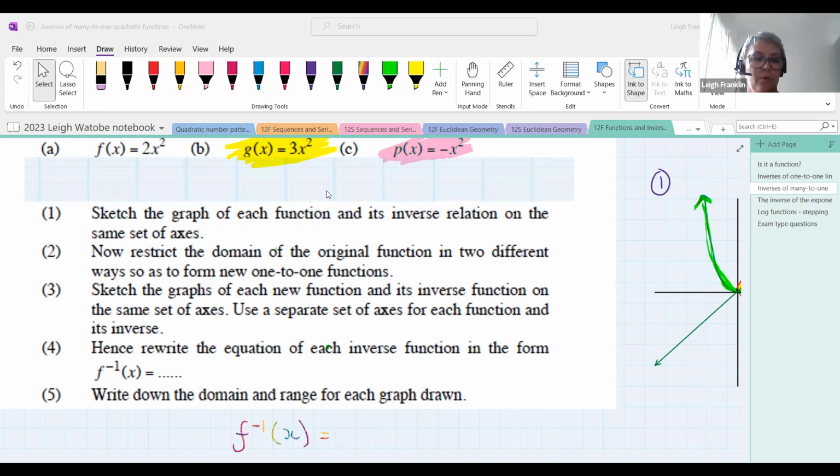Okay, so once you've sketched B and its inverse relation, then you can do the restricting of the domain, so that you end up with